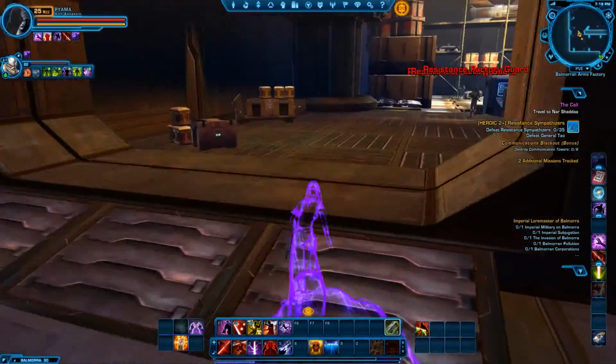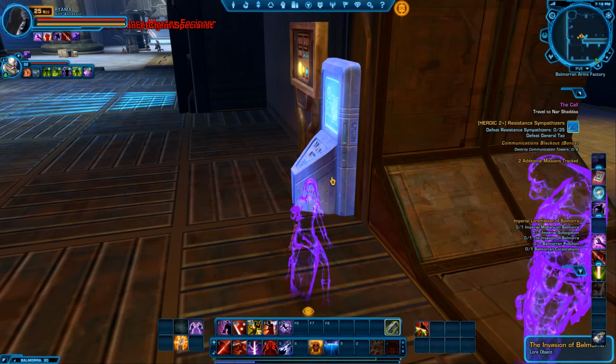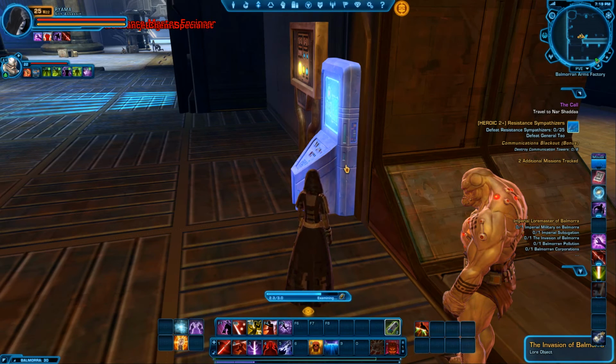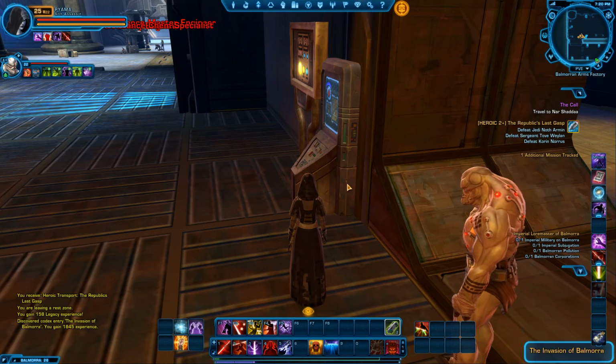Okay, so we get inside the Balmorran Arms Factory, and here it is, the lore object. It is called Invasion of Balmorra. So inside the Balmorran Arms Factory, this is the entrance, and right near the corner you see this Codex entry. Invasion of Balmorra, Codex entry, done. I will deactivate this mission. Okay, the next